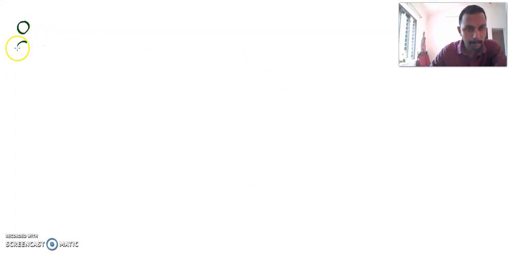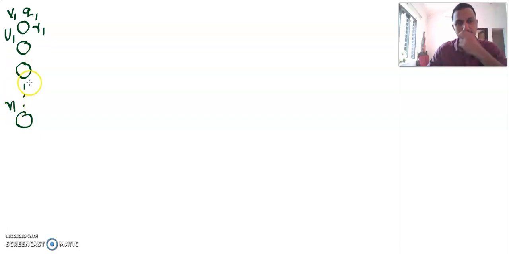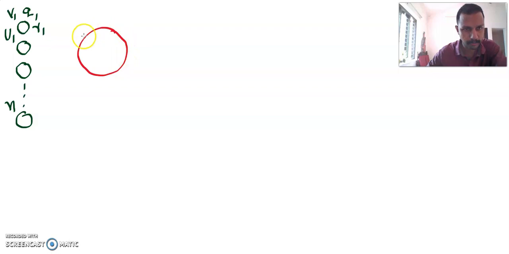These are the small liquid drops which we are going to combine. All of them are identical. Let's say the charge accumulated on each of these drops is Q1. The radius of each drop, let's say it's R1. The potential of each drop is V1 and the potential energy of each drop is U1. We are having n such identical liquid drops, and we are combining all these liquid drops to form a single liquid drop.